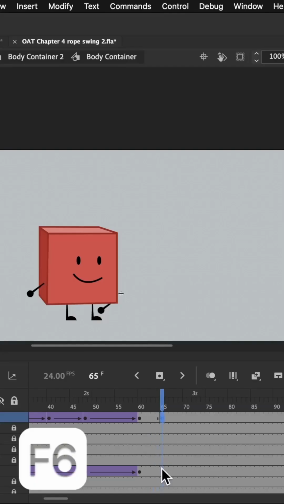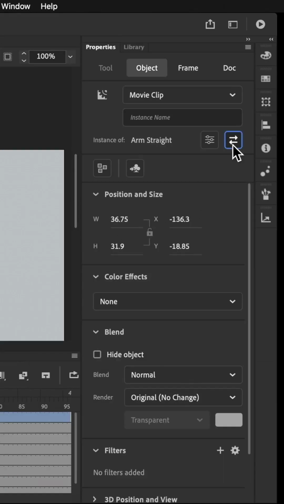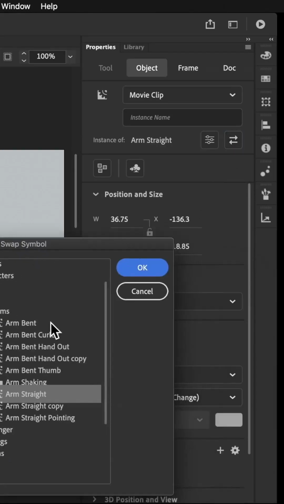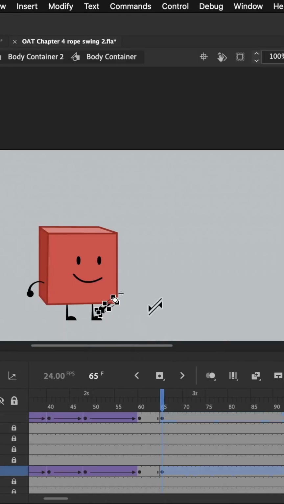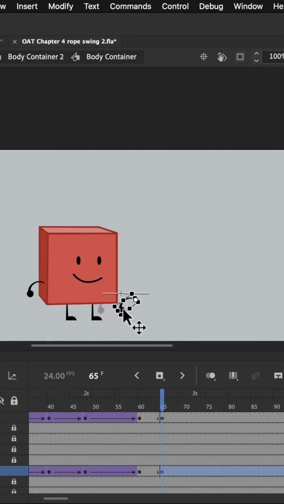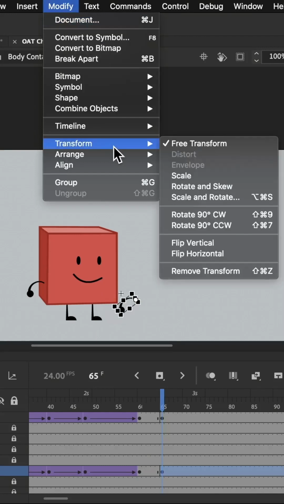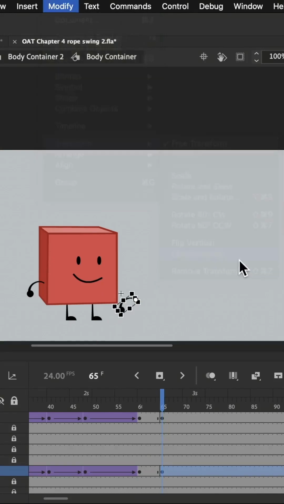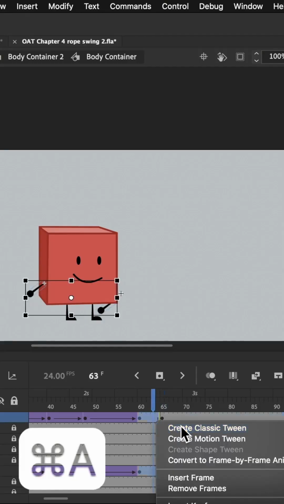Finally, the arms are going to make one last rotation as Blocky hangs in the air and relaxes his arms. We'll put a keyframe at frame 65 and swap each of the straight arms with a bent arm. We're going to flip this arm by going to Modify, Transform, Flip Horizontal. And that's to ensure that they're both drooping down like this. And I'm going to rotate the arms so they're a little bit higher. Now, if we try to tween them,